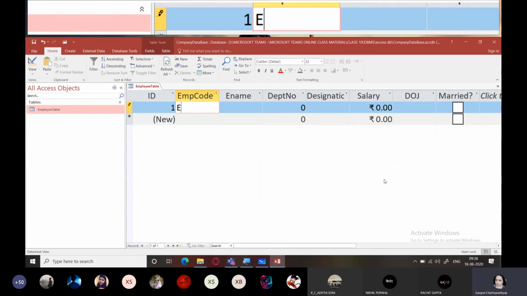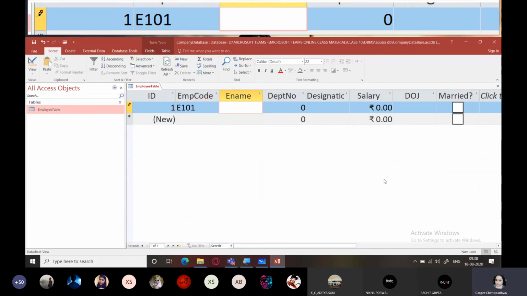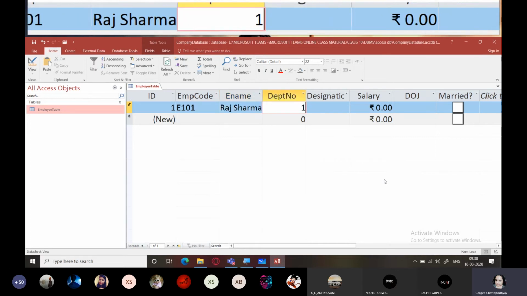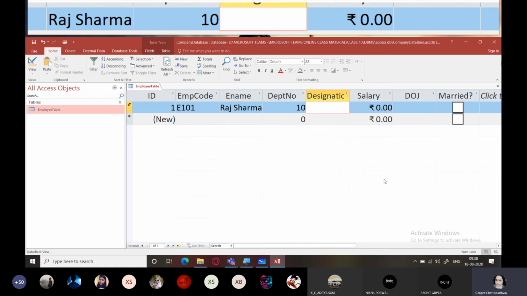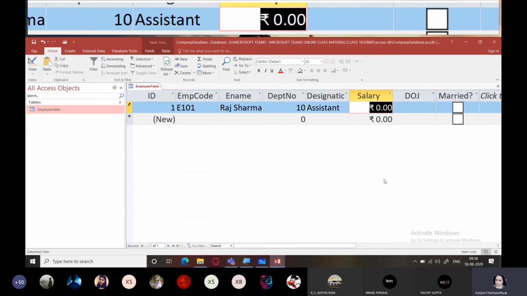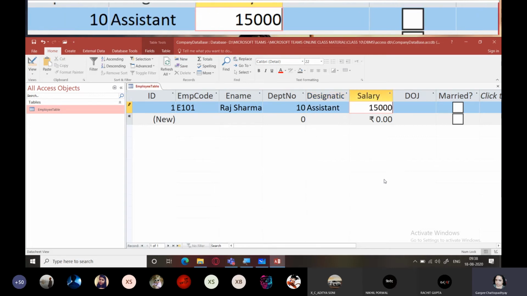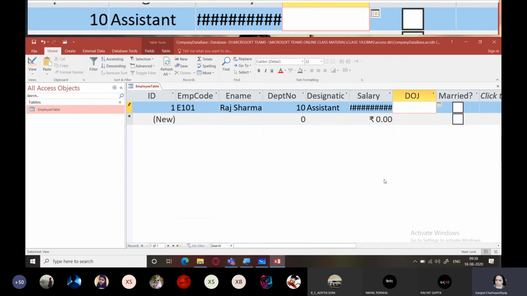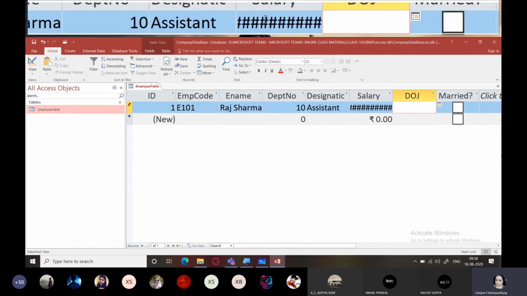Now employee code, I'm going to type employee code as E101. Press enter, go to the next one. Raj Sharma, department number I'm giving as 10, designation assistant, salary, let me give salary as 15,000. Enter, and the moment you press enter, you can see this hash.